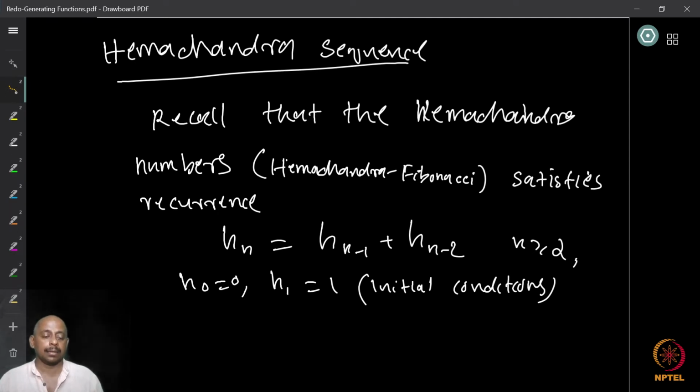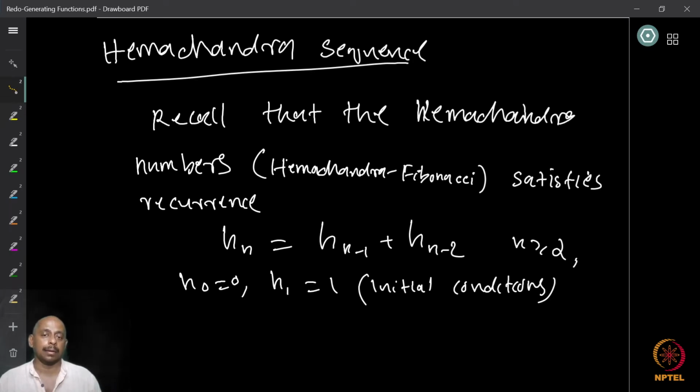We look at another famous sequence, which we call the Hemachandra sequence. If you remember, it is also called the Fibonacci Hemachandra or Hemachandra Fibonacci sequence. This sequence satisfies the recurrence relation, as we already know, Hn is equal to Hn minus 1 plus Hn minus 2. The initial conditions can be H0 is equal to 1, H1 is equal to 1, and then you can continue. You have a slightly different way of defining the initial conditions, because sometimes people start by 1,